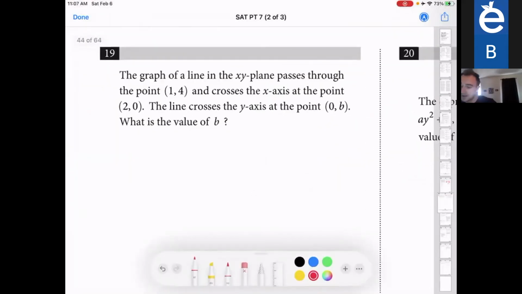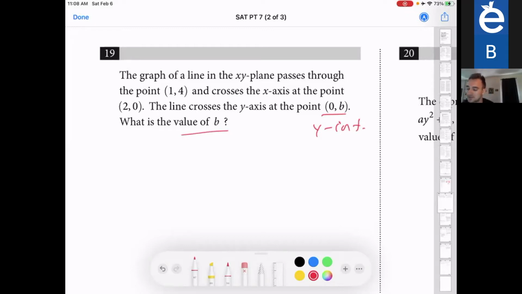The graph of a line in the xy plane passes through the point 1, 4 and crosses the x-axis at the point 2, 0. The line crosses the y-axis at the point 0, b. So that's our y-intercept here, right? The question is, what is the value of b? So they're really asking, what is our y-intercept? What is the value of y